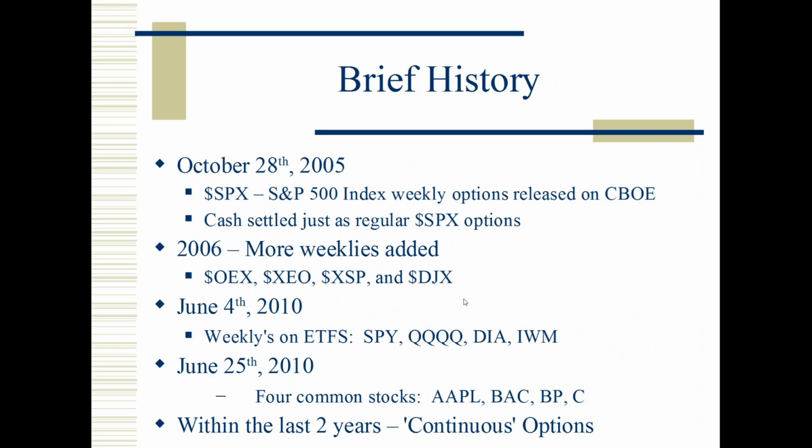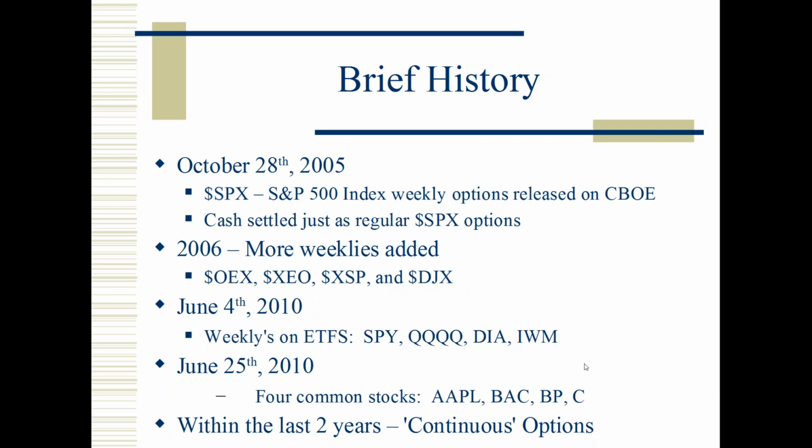Very brief history. On October 28, 2005, about 11 years ago, that's when the SPX started offering the weekly options, cash settled just as regular SPX options. In 2006, other indexes were added for the weeklies. And then on June 4th, 2010, the first weeklies on ETFs began to appear, and then shortly afterwards, the four main stocks that offered weekly options at the beginning, Apple, Bank of America, British Petroleum, and Citi, started offering weekly